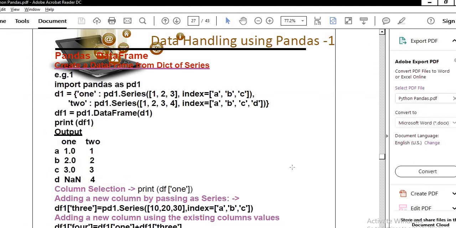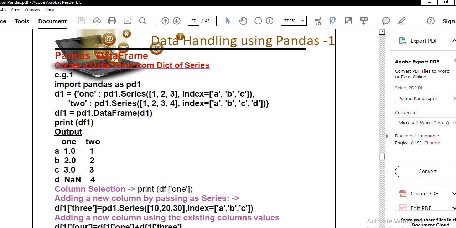So here is one more example. Let's say we want to add a column by passing a series. Very important part here, students. First of all, the first example is column selection, print df1, when we want to print only a particular column.